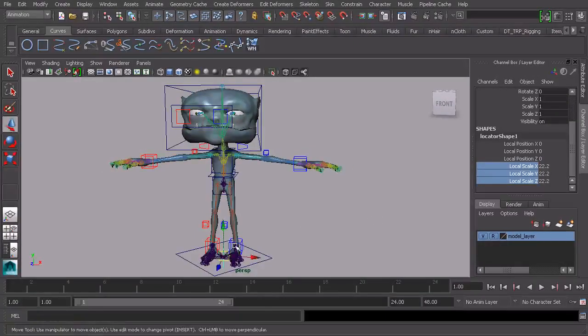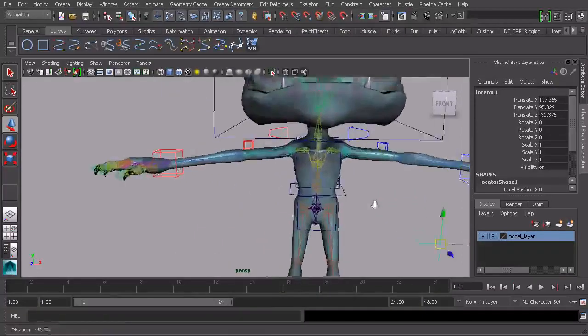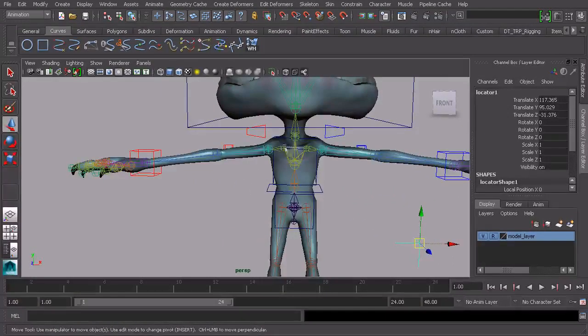Now, very important, we never want to freeze transforms on this locator because we need its world space information to figure out the exact world space of the object that we're trying to clean up. All right, so again, don't freeze transforms on this locator, and eventually we'll go ahead and hide it so animators don't have to deal with that at all. All right, let's go ahead and rename this locator. That's going to be LOC-DRV. This is very similar to the naming convention we use for the joints in our foot roll rig. So that's locator driver underscore R